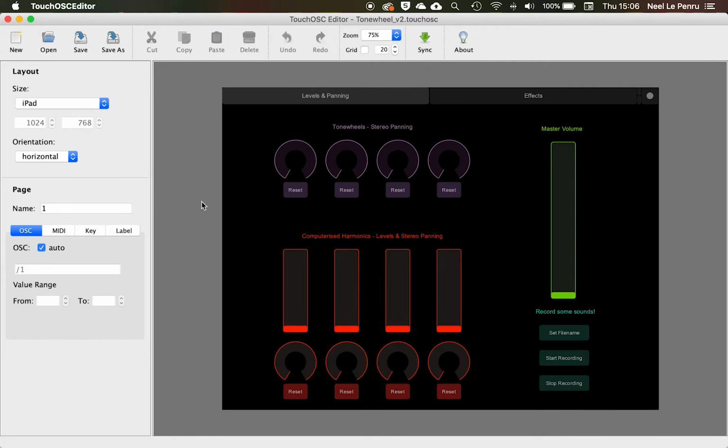This is just a quick video to explain some of the features of the Max MSP patch that was used for the Tonewheel 2.0 audio experience design installation. Firstly, this is the iPad interface that was made in TouchOSC,